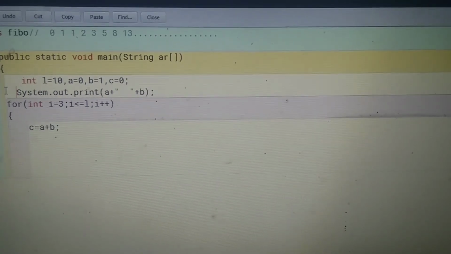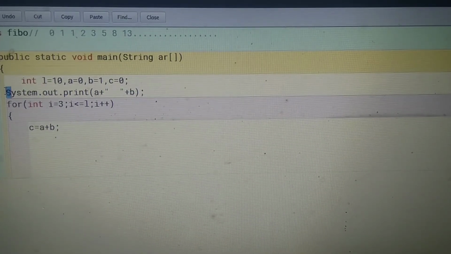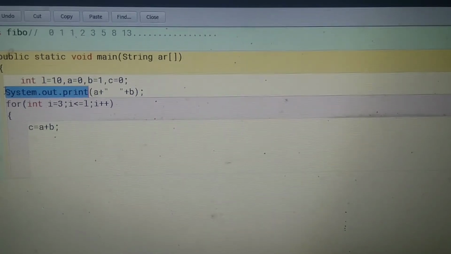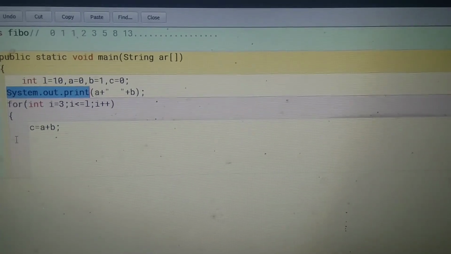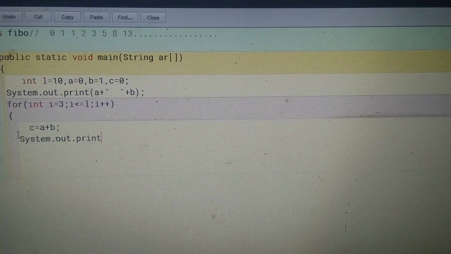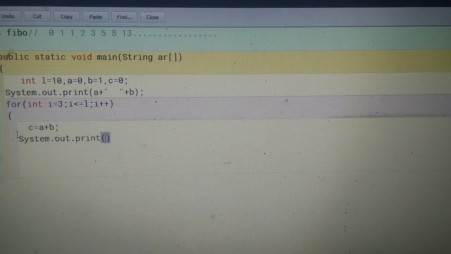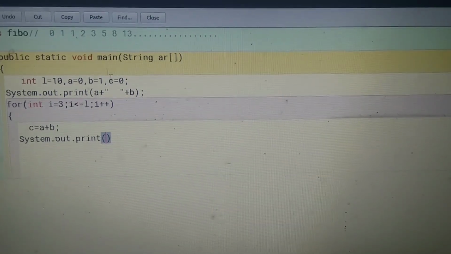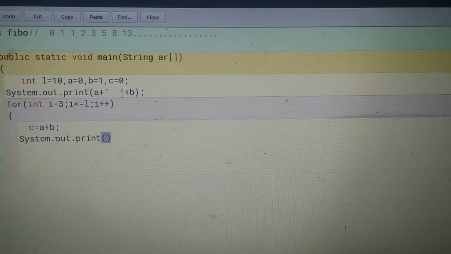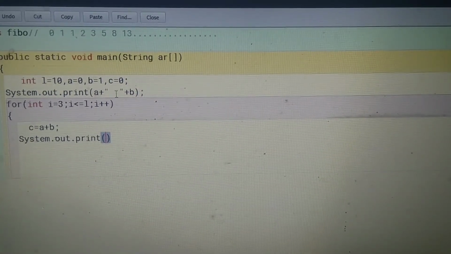Okay. So here, copy this system.out.print and paste here. Here I am using print not println, okay, in same line, but in same line with space. Here between A and B we take 2 spaces.